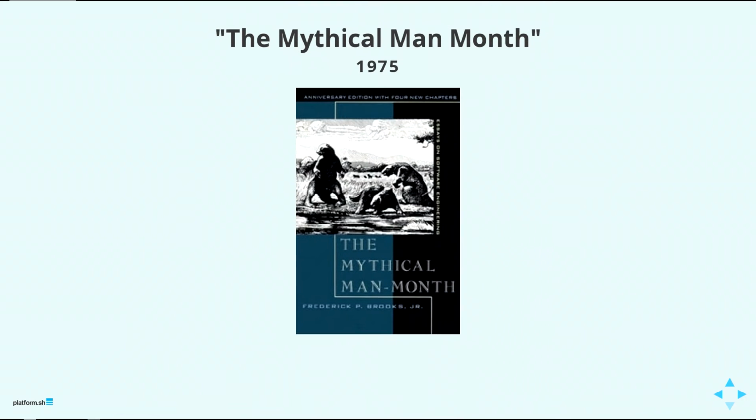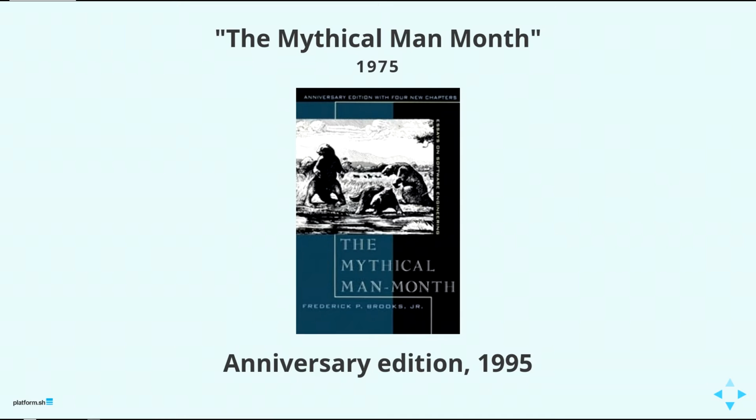Brooks, however, went on to write a book in 1975 called The Mythical Man-Month. These are the lessons learned from his experience managing the System 360 project, both the good and bad, as well as his later experience in other projects and academic study at the time of how one manages large software projects. In 1986, he released an essay called No Silver Bullet, we'll talk about later, and in 95, released the anniversary edition, which is what I've got here,